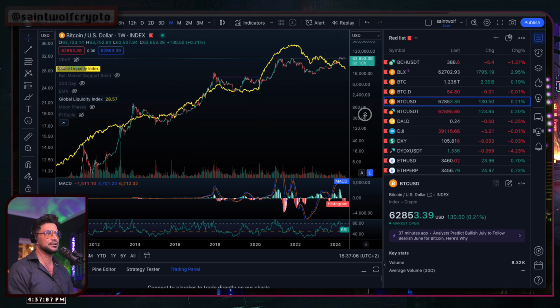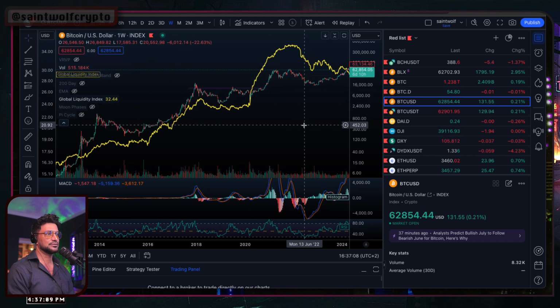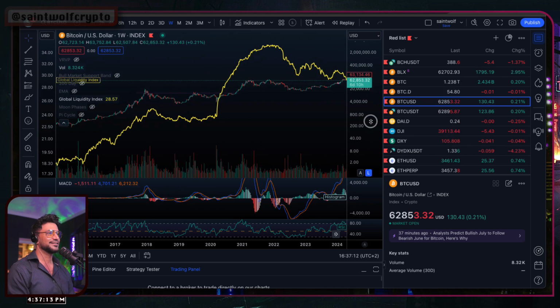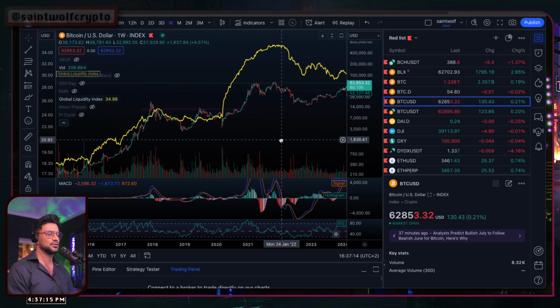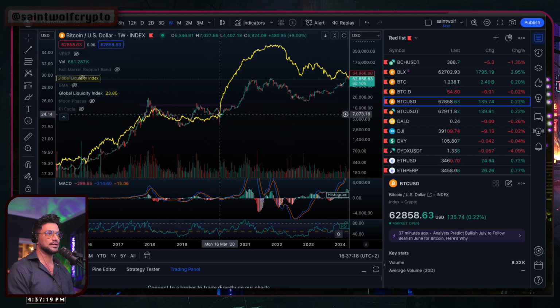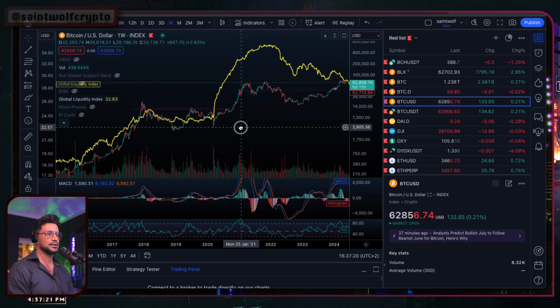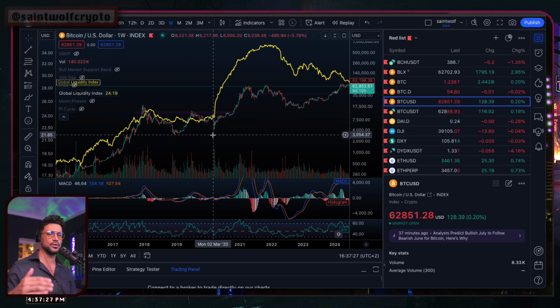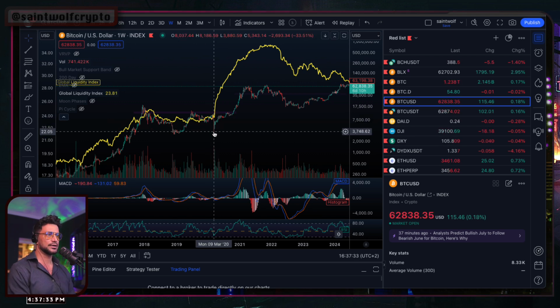And then something happened here. We all know what that is, right? This is the magic zombie apocalypse, March 2020. Well, the GLI was consolidating here, and Bitcoin fell off the cliff. Now, it also did that with other assets as well, with stocks and other things, commodities. Everything just dumped. It's a world crisis.